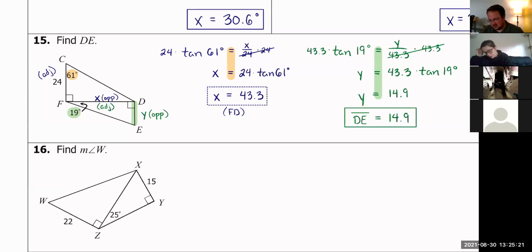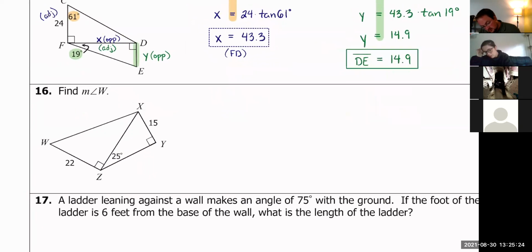How we do on time? 5 minutes. Wait. Okay. I'll try